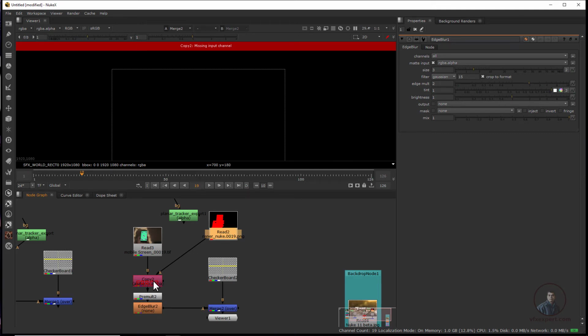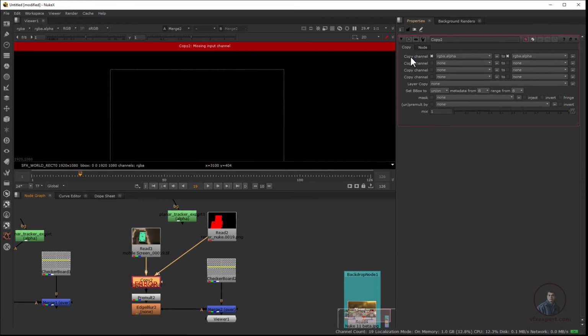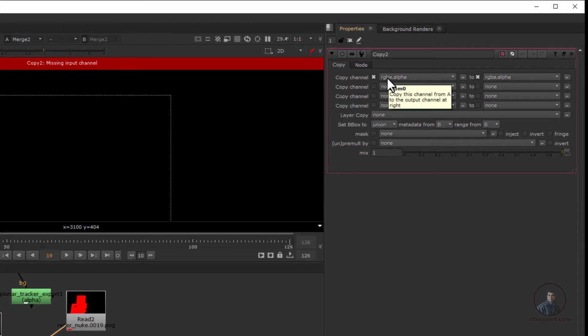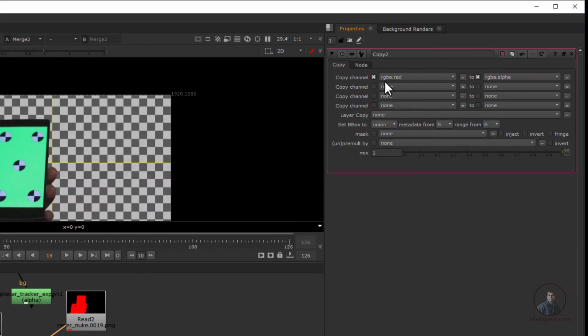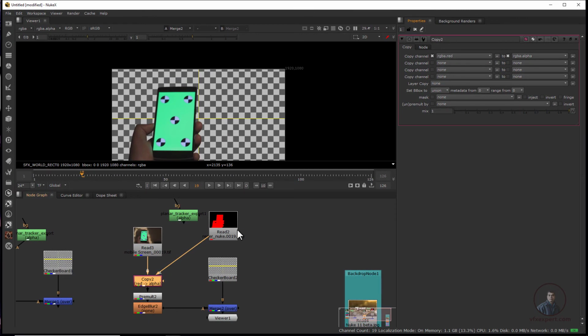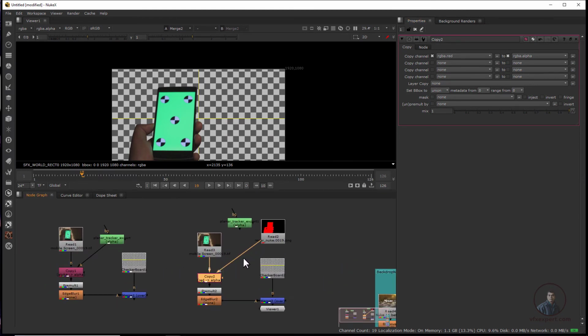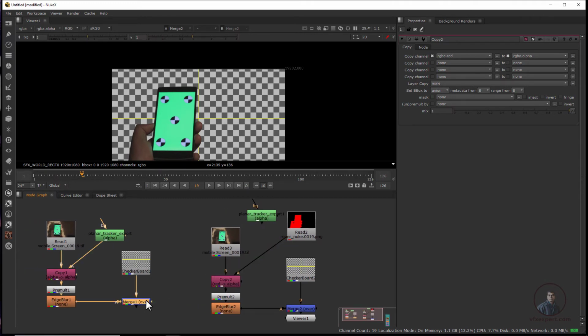In the copy node, just double click on our copy node. From here, in copy channel you can check it's automatically looking for your RGB plus alpha, but here there is no alpha. Alpha is present but in the red channel. So that's why from here we have to select rgba.red. This is the main thing in Nuke for your alpha rendered shapes. Now here you can easily compare. Both are the same. This one press 1 and this one again press 1. So till here, just save our project.